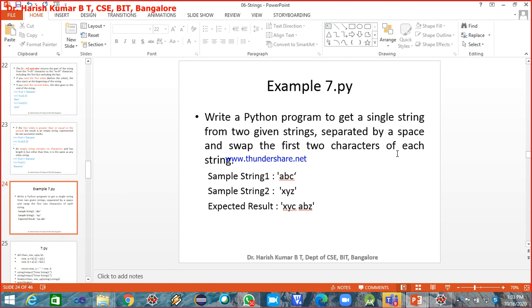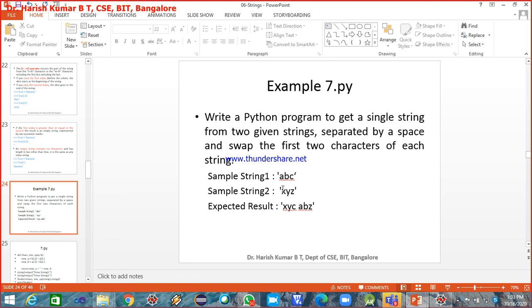Do this now. Write a Python program to get a single string from the two given strings separated by a space, and swap the first 2 characters of each string. See, this is one string ABC, this is another string XYZ. You have to make a single string out of these two, but with one condition: you have to swap the first 2 characters of each string.